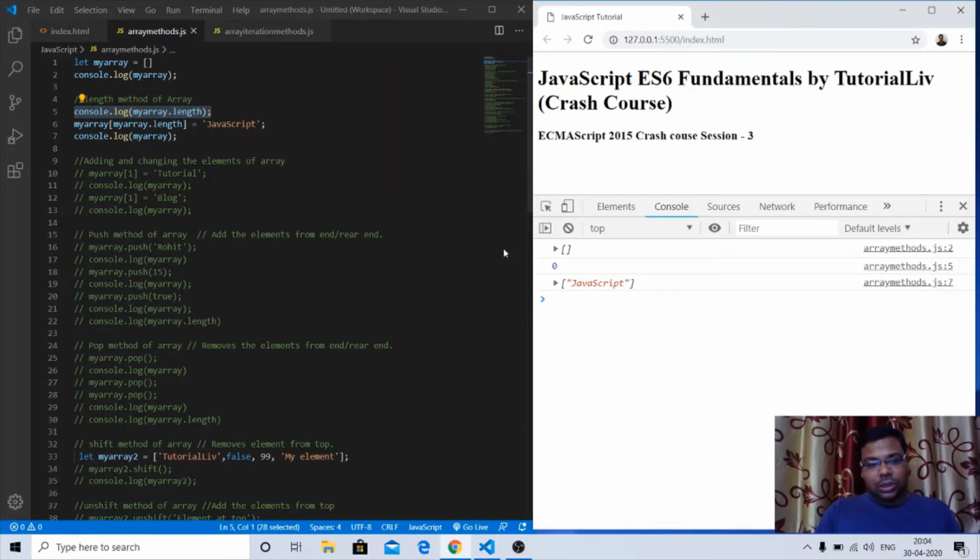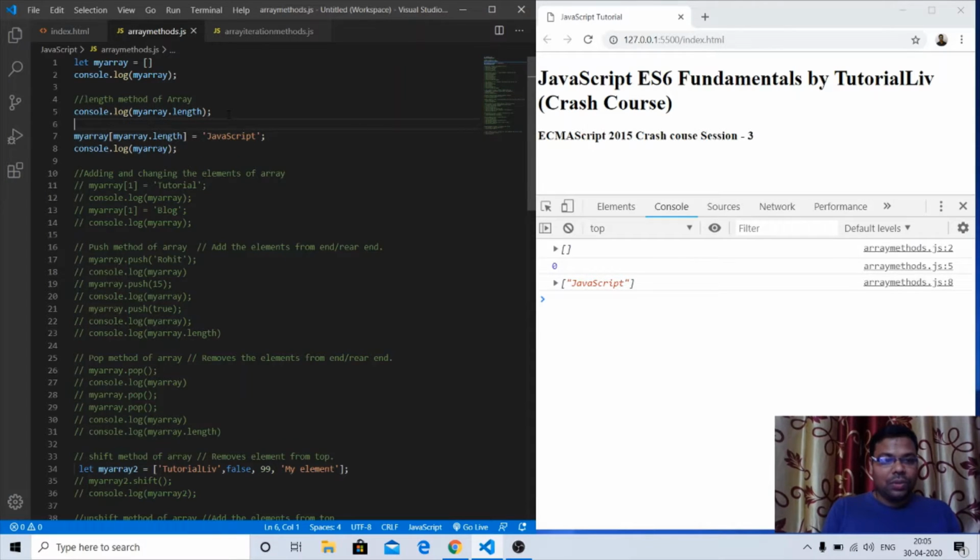It is returning 0. Now in the last session we have seen that we can use square bracket notation or the dot notation. If you want to create any element in the array, we can use this square bracket notation also. The length is returning 0 at this time, and we want to add elements to the array.